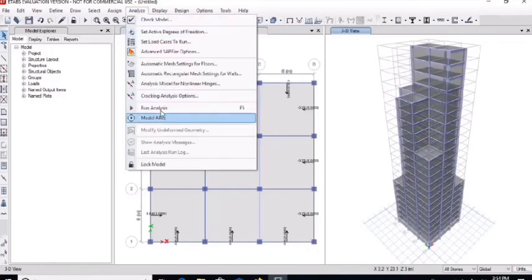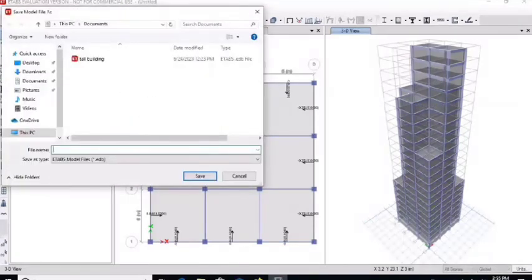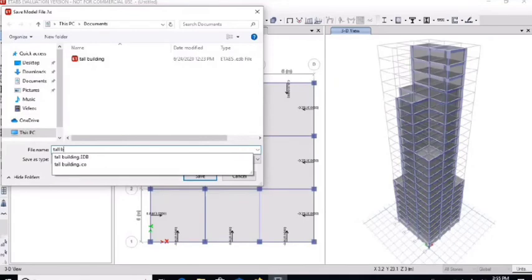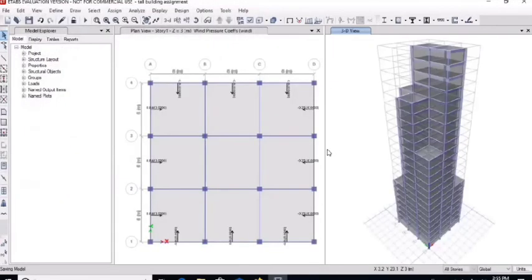Now go to the analyze menu and run analysis. Save the file. Wait while the software does analysis on our building.